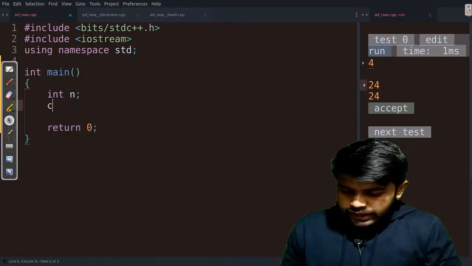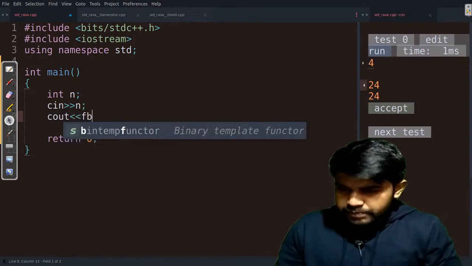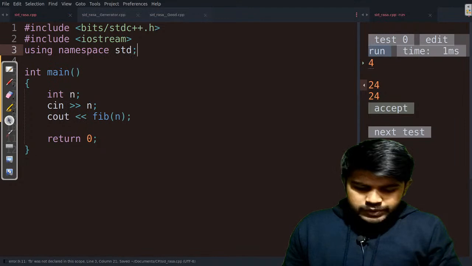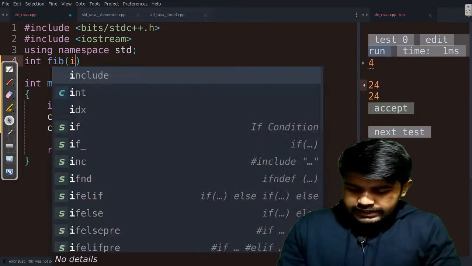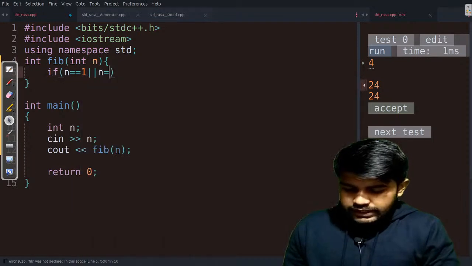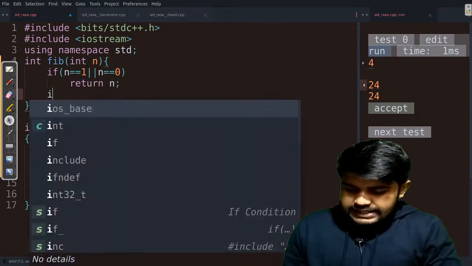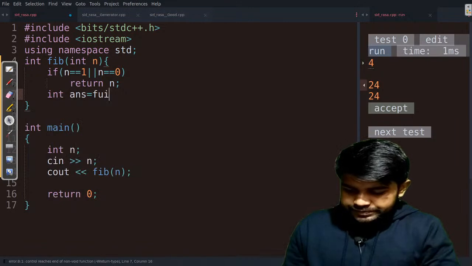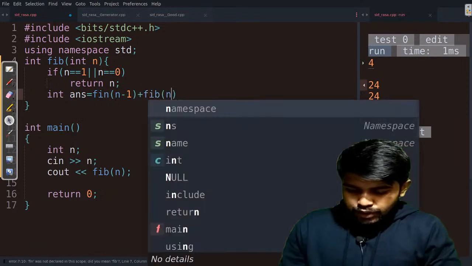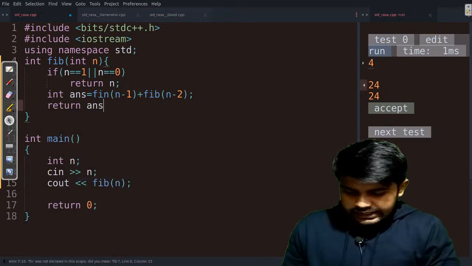We would take the value n, and then we would write fib of n itself. int fib(int n): if n is equal to 1 or n is equal to 0, we would return this value n, else int answer is equal to fib of n minus 1 plus fib of n minus 2, and then we can return this answer.